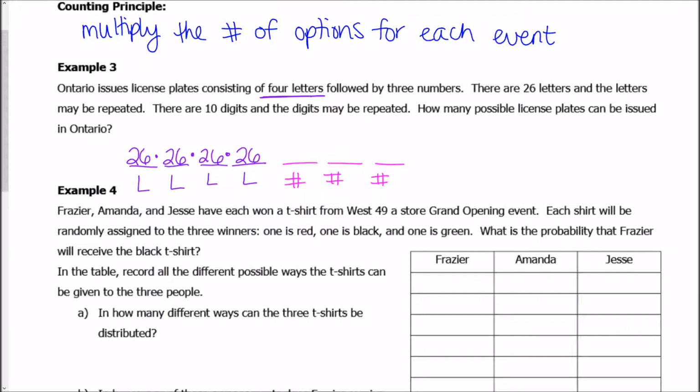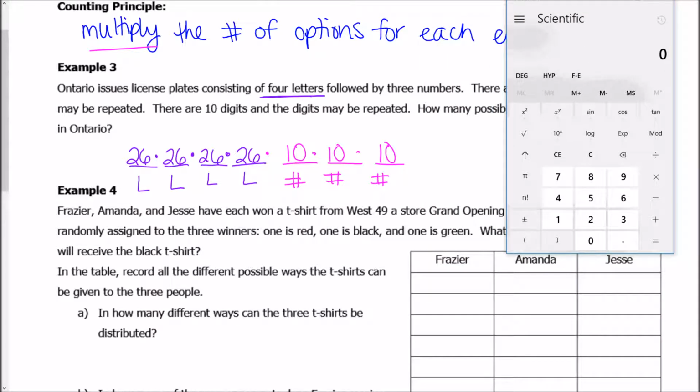And then for numbers, I have 10 options for the first number, and it says the digits can be repeated, so I have 10 options for the second number and 10 options for the third number. And since the counting principle says to multiply these values, I'm going to go ahead and multiply them. So I'm going to take 26, multiply it by itself 4 times. So there are my 4 26s. Then I'm going to multiply it by 10, and then another 10, and then another 10. So that means right here that I have